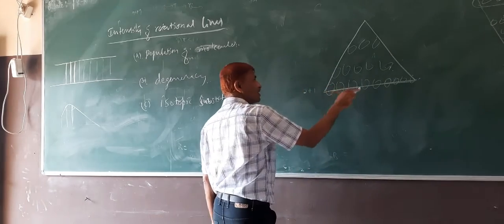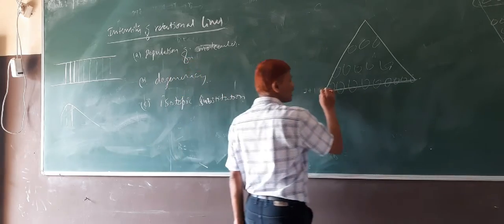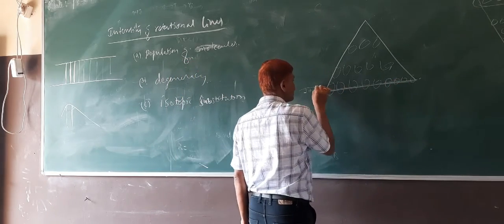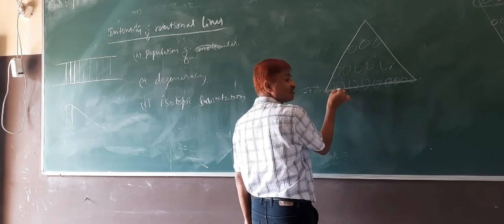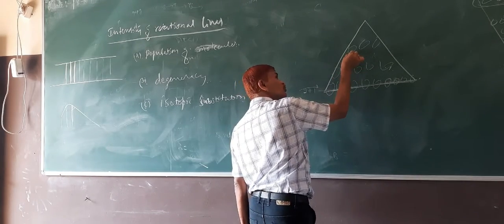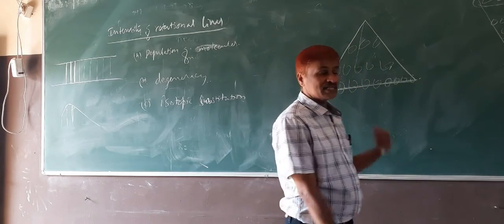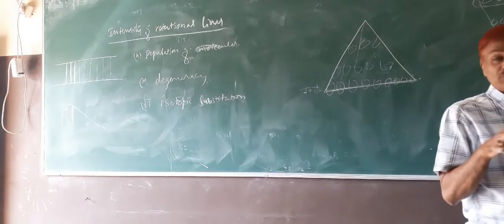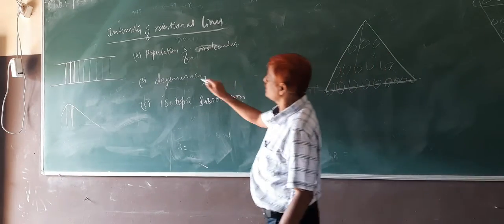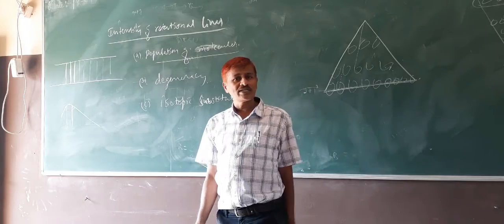Now this is what population usually means. Ground state molecules are more. When you supply energy, some molecules go to a higher state. And even if you go to a higher state, the population number of molecules is less. This is the population distribution. The population distribution is like this.